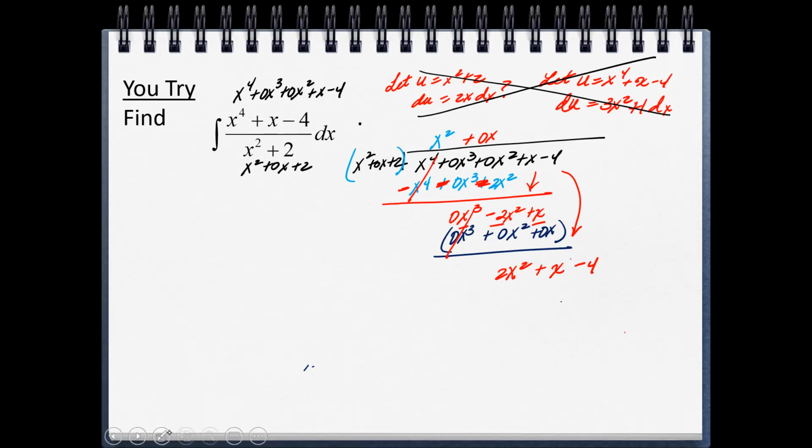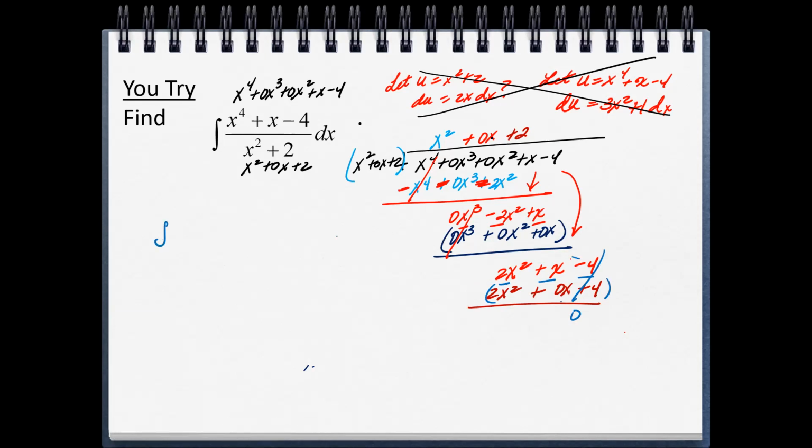Okay, so last one. I'm going to have to put a 2x, or not 2x, just a 2. So distribute that 2 in here. 2x squared plus 0 times 2 is 0x plus 4. And ta-da, when you go ahead and subtract it, you're going to have a negative, negative, negative, which cancels everything into a 0. So what this means is that you will have to write this as the integral.